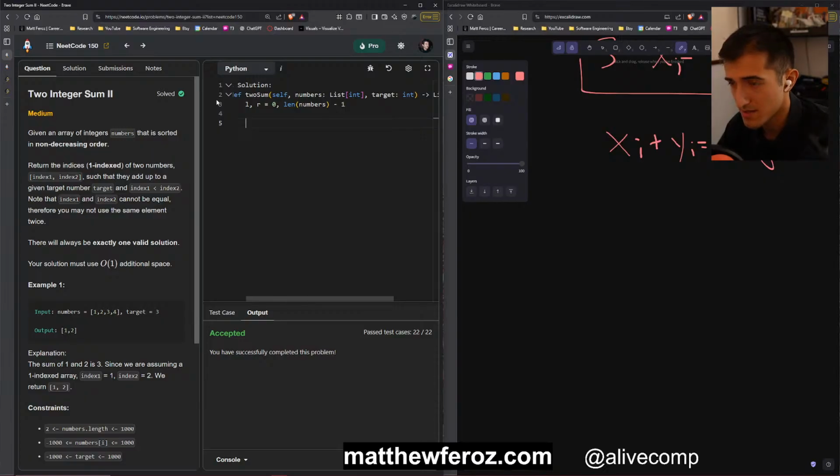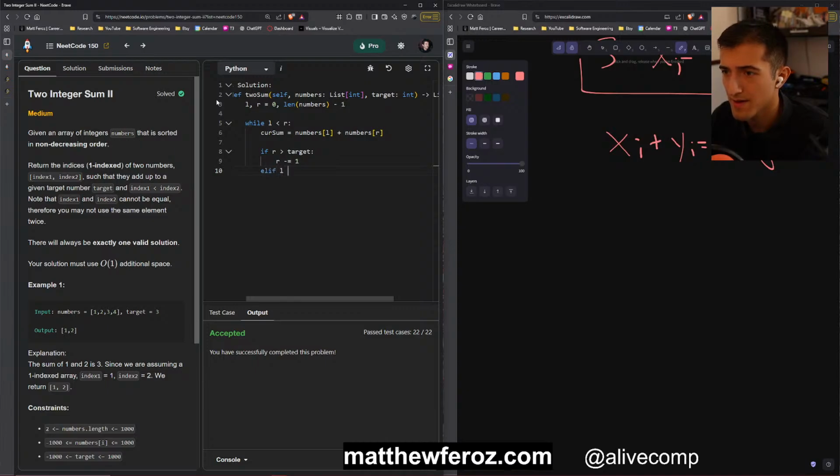We are going to say that while L less than R, cur sum equals numbers L plus numbers R. If R is greater than the target, we are going to have R minus equals 1.